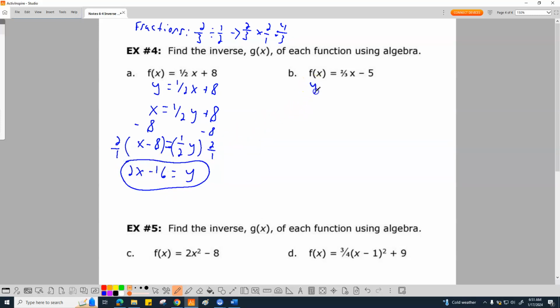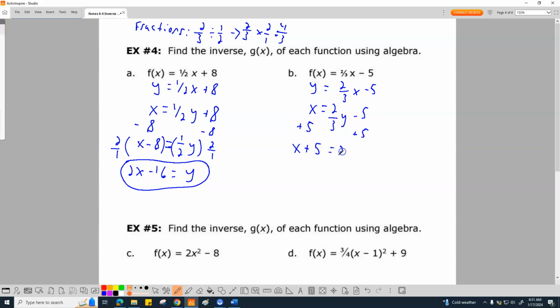I'm going to do the same thing here. Let's replace this. Y equals 2/3 x minus 5. Now we have our y in there. Let's go ahead and switch our y and x. X equals 2/3 y minus 5. Now to get the y by itself, you're going to add 5 on both sides. There we go. You get x plus 5